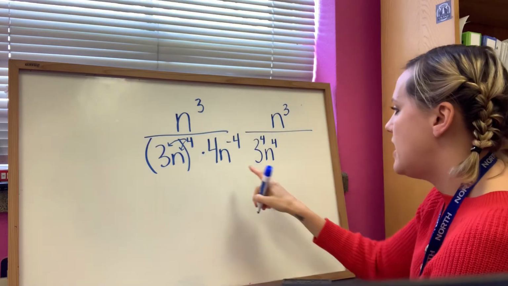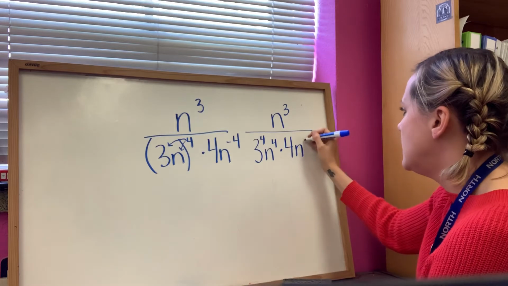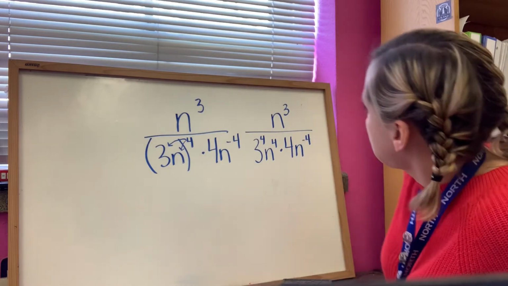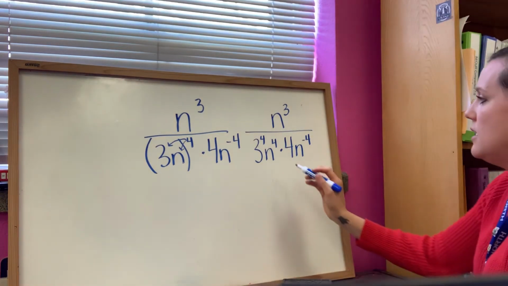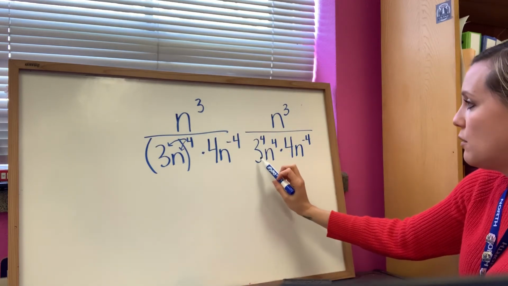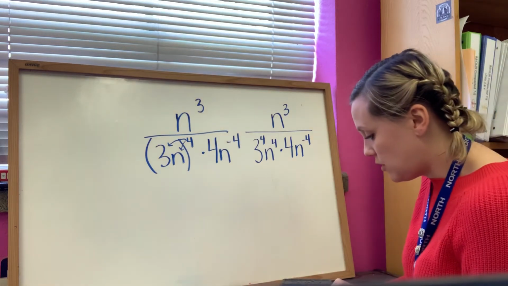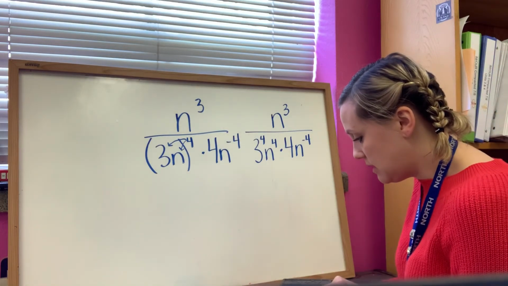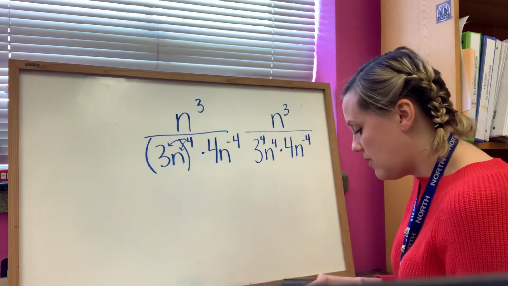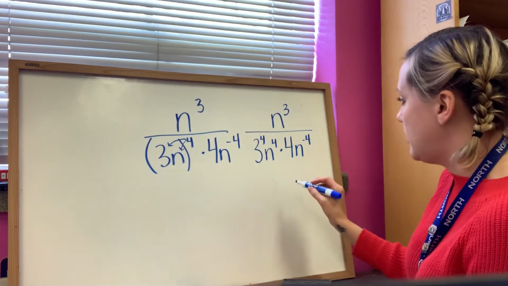Okay, and then this one is times 4n to the negative fourth. Okay, so I'm gonna use the product rule and I'm gonna go, what is 3 to the fourth times 4? So I'm actually gonna do 3 times 3 times 3 times 3, which is 81, and then times 4, which gives me 324